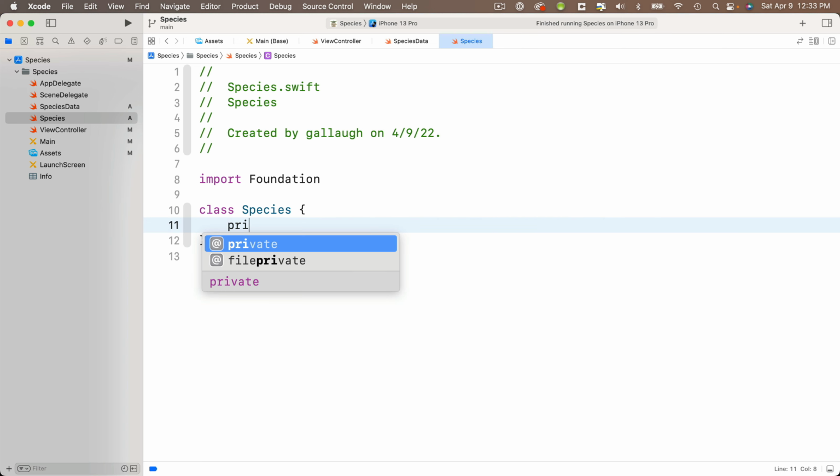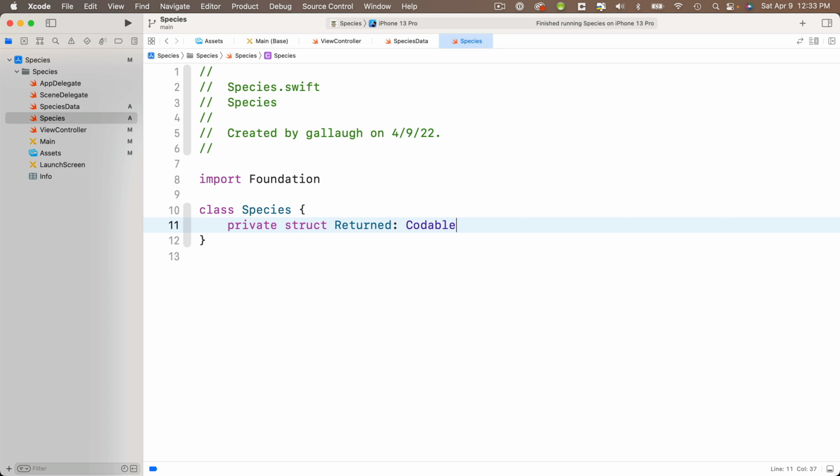So back in our species doc, we're going to create a private struct called Return with a capital R, and that's got to be Codable because we're using it to parse JSON, open and close curlies. The data that we want to access is going to be var, named count, colon, and that's going to be an Int. And we're also going to grab var next, colon, and that's going to be a String,